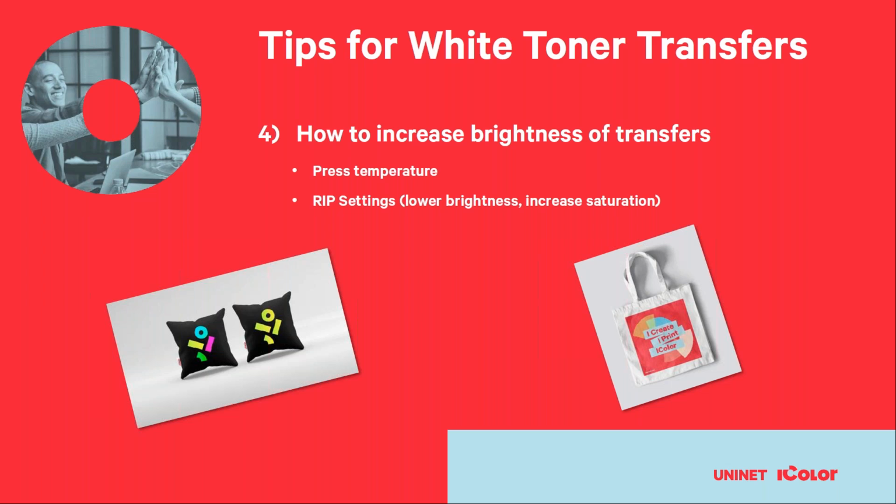That's if it's a delicate material and you don't want to scorch it, or if you're trying to maintain vibrancy. The hotter it is, the longer you press, the more vibrancy you might lose. So I always press it like 265, 270. 10 degrees here or there is okay, but typically press to your shirt or your garment at a lower temperature to maintain vibrancy. Also in the RIP, if you go into your settings, you can lower the brightness and increase the saturation, and that will help maintain or increase vibrancy as well.